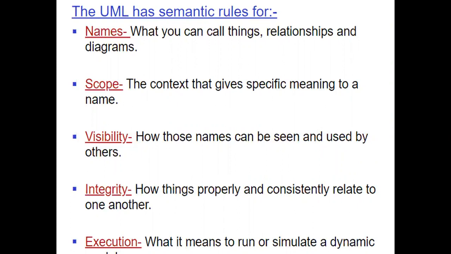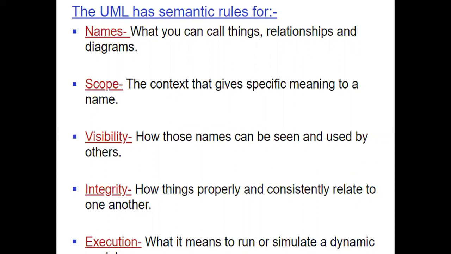First one, names. All the names corresponding to the UML's basic entities and its relationships, and the models it supports, are categorized under the specifications. Already we are discussing the names in the building blocks of the UML. Names are represented by structural things. But the second one, the scope. The scope's significance is the region where the given name is realized.